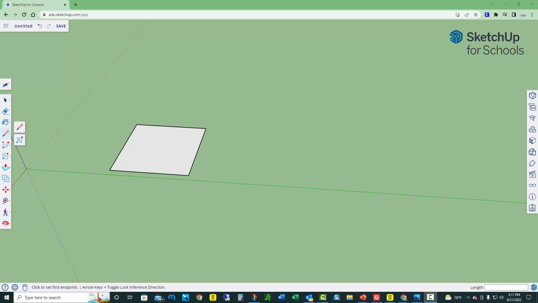First, we will use the push-pull tool to raise our square 4 inches. This is all for the roof. So we'll go to the push-pull tool. This is the push-pull tool right here. We'll click on the push-pull tool